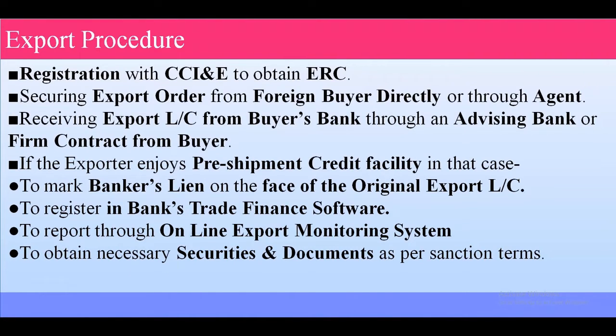Export procedure. 1. Registration with CCINE to obtain IC. 2. Securing export order from foreign buyer directly or through agent. 3. Receiving export letter of credit from buyer's bank through an advising bank or firm contract from buyer. 4. If the exporter enjoys pre-shipment credit facility in that case,